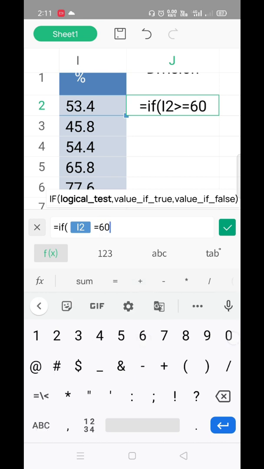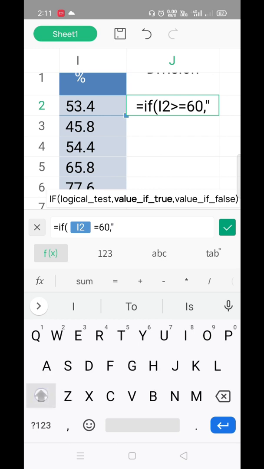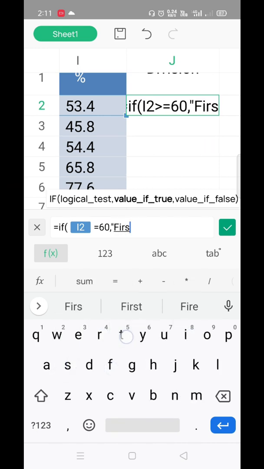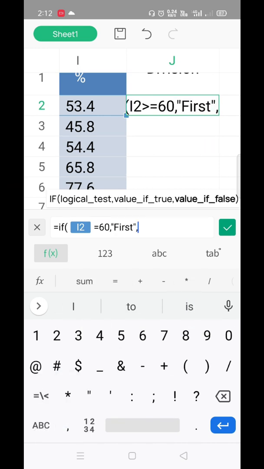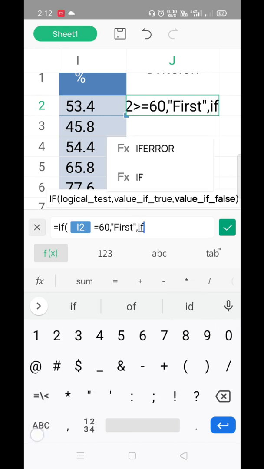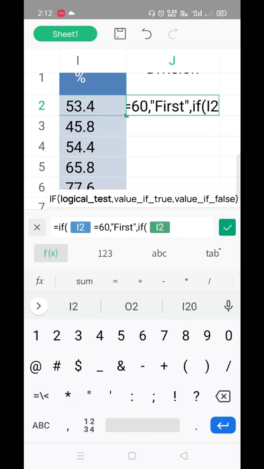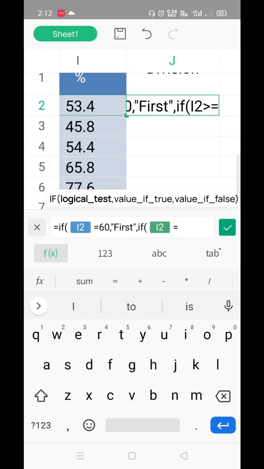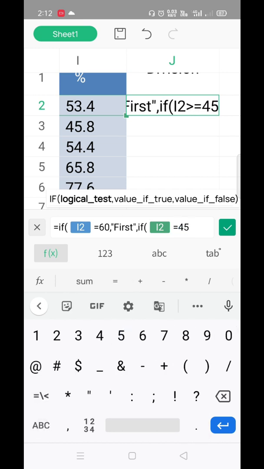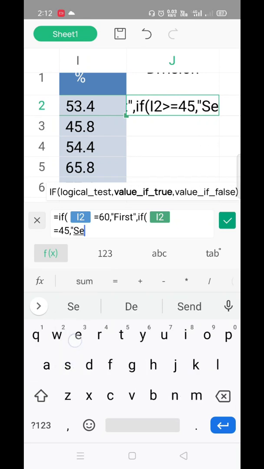60, then comma and inverted commas I will show here first, and if that percentage is greater than or equal to 45, then comma and inverted commas I will type second.